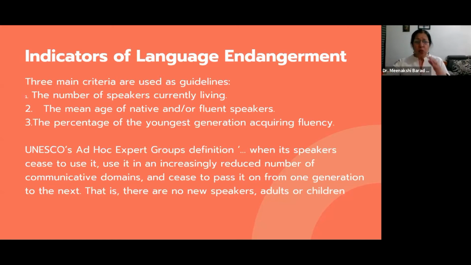Okay, that is one scale of endangerment. However, there are several other factors which are involved in the endangerment of languages. Not just these three rules of thumb that we have looked at. So a more complete scale would be something like, first you start with age. If the number of speakers is evenly spread throughout the speaker population, meaning the youngest child also acquires the language and the older speaker also speaks the language.